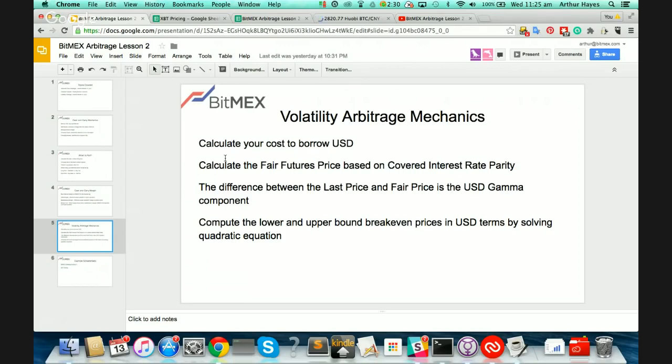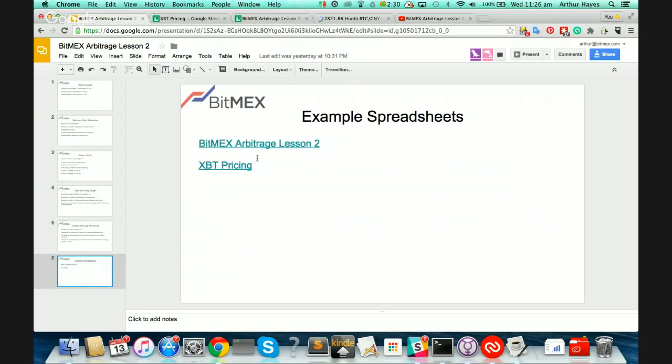long period of time. And if you don't pay attention to your margin, you can have situations where you have a large drawdown and it might invalidate a few days or weeks of hard work that you've been doing putting on these strategies. So if you don't have access to the spreadsheets, the links are in the BitMEX Arbitrage Lesson 2